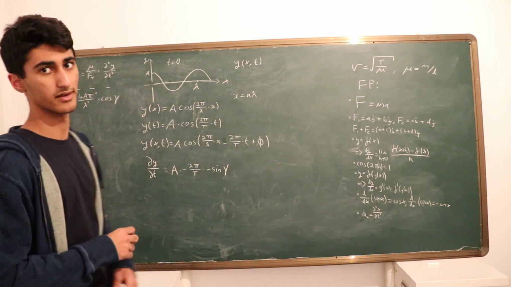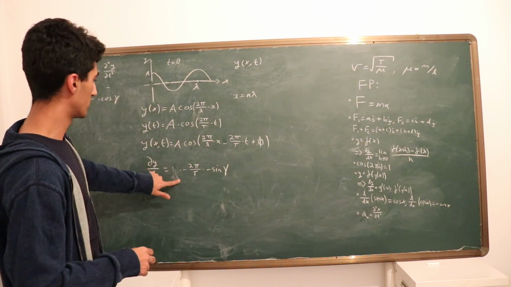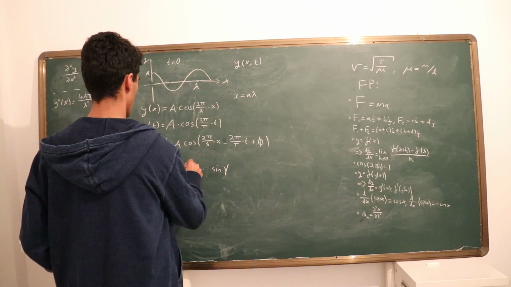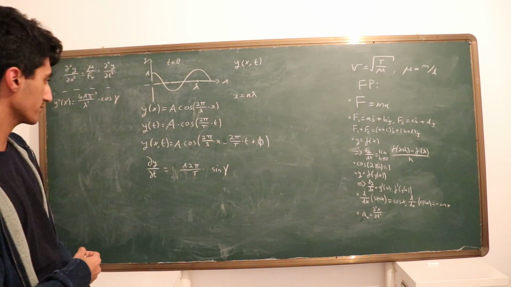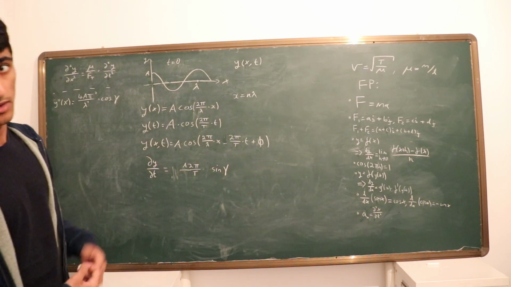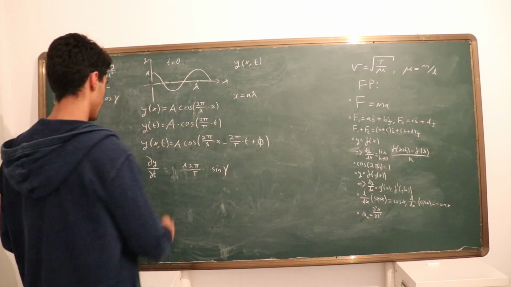Use gamma again. Okay, so it's going to be minus, the minus will cancel, so you're just going to get 2 pi a over t. And this is just a constant, of course. So now what we do is we want the second derivative, because that's our acceleration, of course. So to do that again,